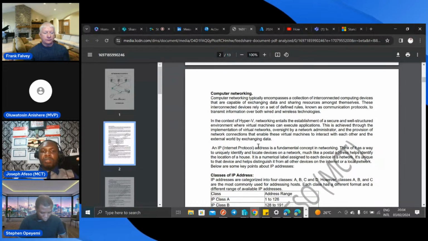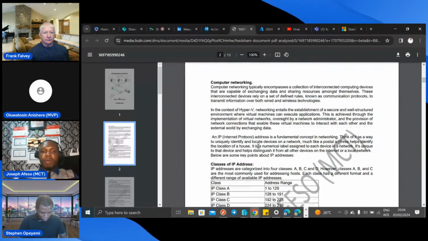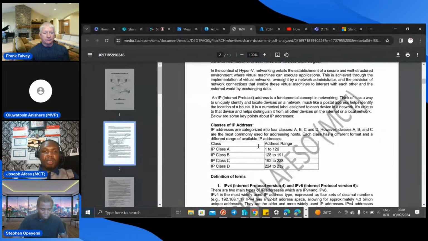So an IP address, Internet Protocol, is a fundamental concept when it comes to networking. You can think of an IP as a way to uniquely identify and locate a device within a network.